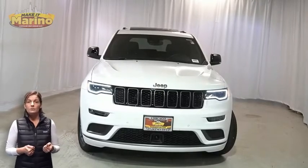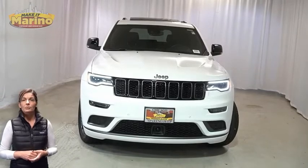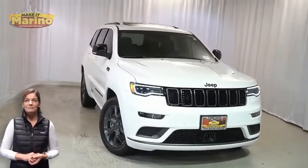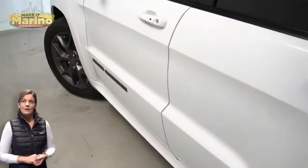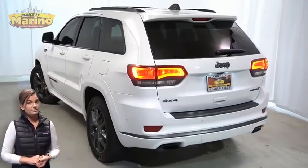Looking for a highly equipped SUV with all the right options and reliability? We'll take a look at this certified pre-owned 2020 Jeep Grand Cherokee Limited X in bright white. With BI-XENON HID headlamps, premium fog lamps, 20-inch aluminum wheels, power heated mirrors, blind spot and cross path detection, black